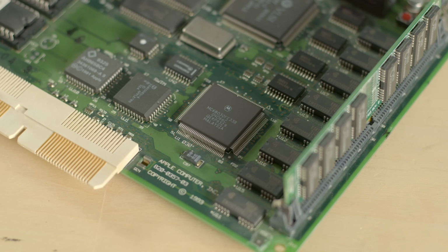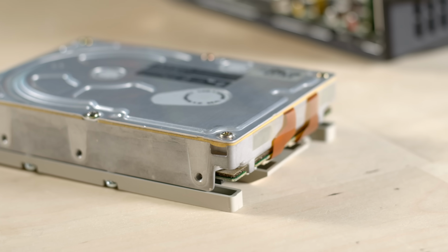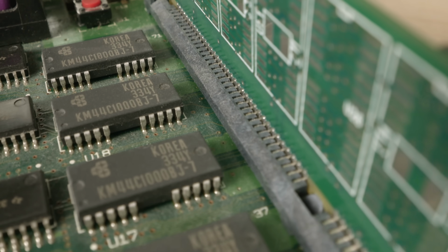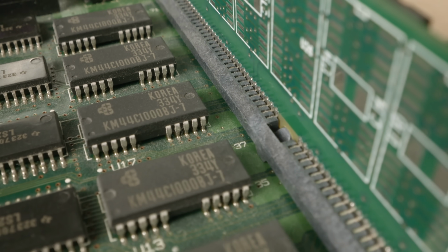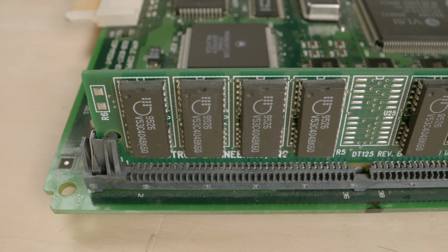So this thing sounds pretty cool, right? What's the problem? We're going to review the specs quickly, and then the limitations will become more apparent. Let's have a look. The Macintosh TV used a Motorola 68030 processor clocked at 32 MHz. It shipped with a 160 MB hard disk and 5 MB of RAM. 4 MB built into the motherboard, plus 1 MB in the 72-pin SIM slot. Now you could upgrade the RAM if you want, but this computer could only handle 8 MB maximum. So in effect, with the 4 built into the board, you could only install a 4 MB stick into the